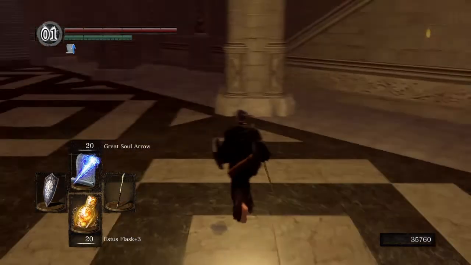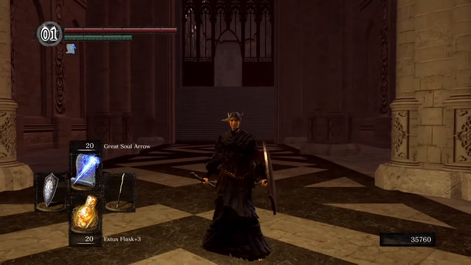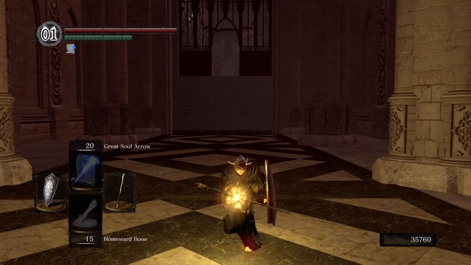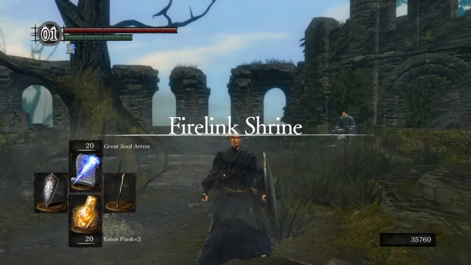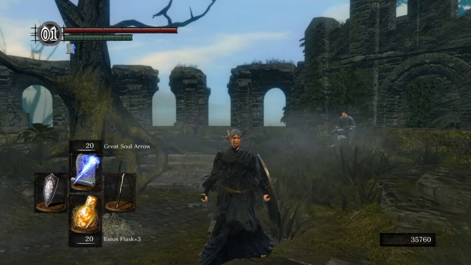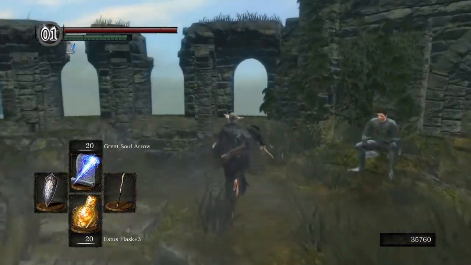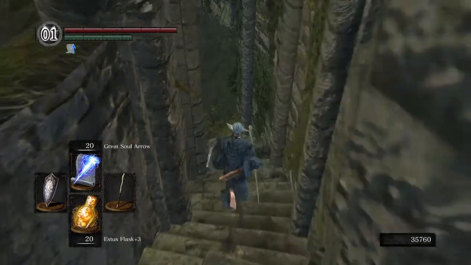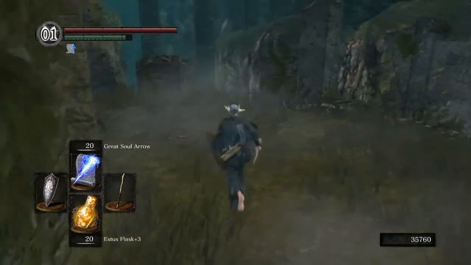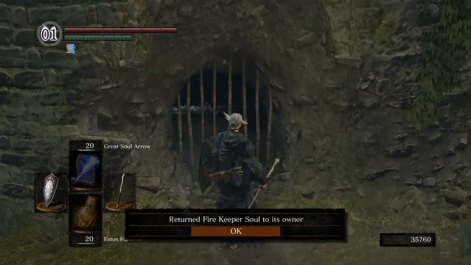Alright, well, let's head on back to the bonfire. Actually, I'll meet you guys at Filing Shrine, so I'll see you there in 2 ticks. Alright guys, here we are back again at Filing Shrine, hopefully for the last time in a bit. But since we have the Firekeeper's Soul that the Firekeeper that he killed, we can actually make our way back downstairs again. If you head on over to here, and you actually put the Firekeeper's Soul back in here,